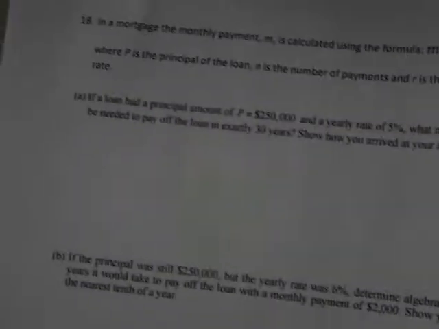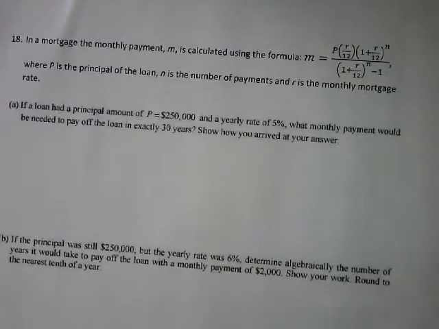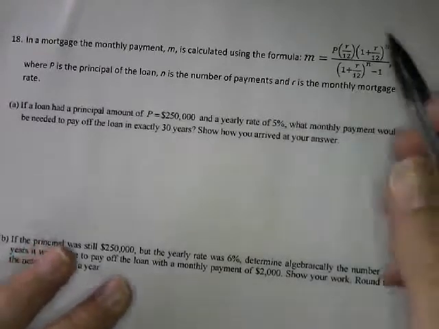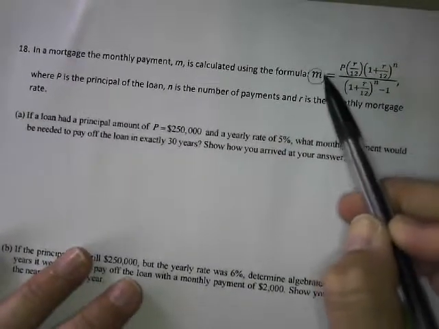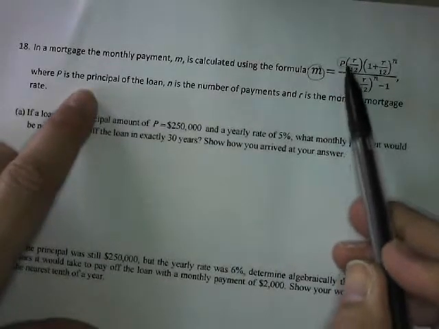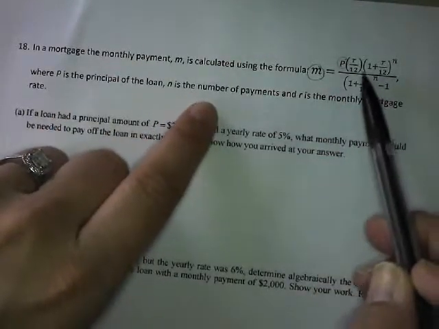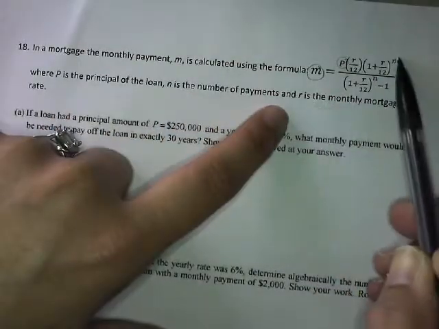And here we are with a mortgage payment. So in a mortgage, the monthly payment M is calculated using the formula here. M is the monthly payment, P is the principal, N is the number of payments, R is the monthly mortgage rate,